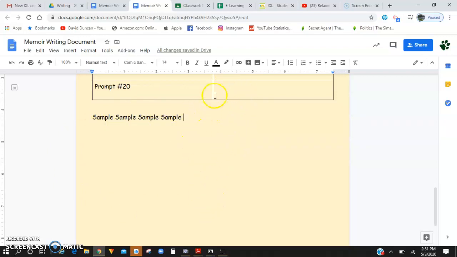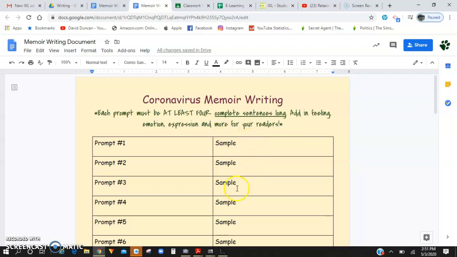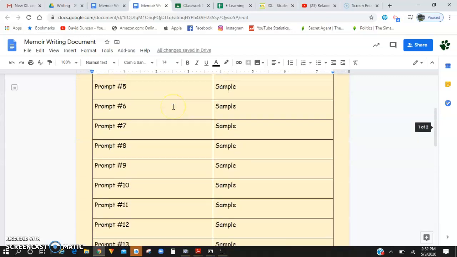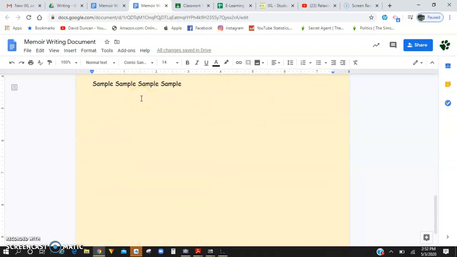Once you've copied it all down into here, I want you to try to break up your writing into paragraphs. Now remember, a paragraph should have about 5 to 7 sentences, but the ideas in each paragraph need to stay consistent, okay? So if you feel like your prompt 1 and 2 should be a paragraph, once you copy and paste it, make that a paragraph. Hit enter, tab, and then start your new paragraph. So basically we're taking all of our information out of our tables, we're putting it down at the bottom, and we're making it paragraph form.